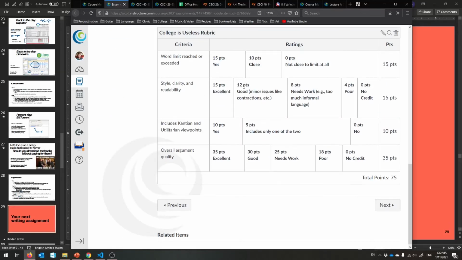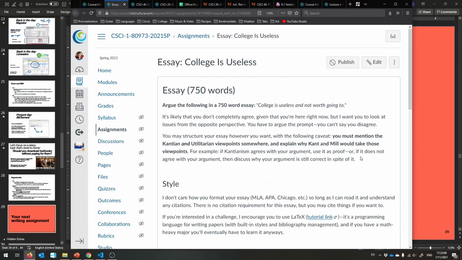And here is the rubric. One thing that I want to point out is that I'm going to grade you on style, clarity, and readability, because this is an essay, of course. One thing that I really don't like in formal essays is contractions. So I'm telling you right now, if you include a contraction, you're going to get marked down. So watch out for that. And that's really all I care about. If you put in the word count and follow the prompt, you'll get full credit. That's the idea. So good luck with that, and let me know if you have any questions at all.